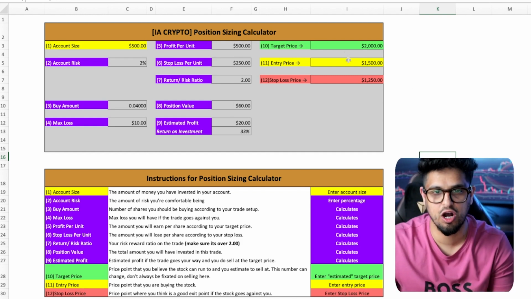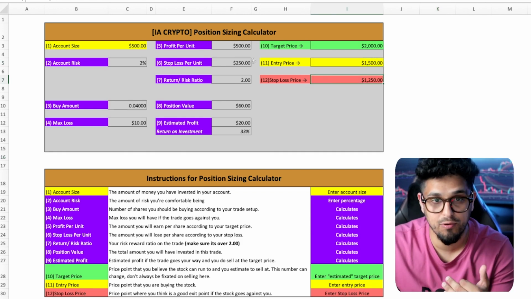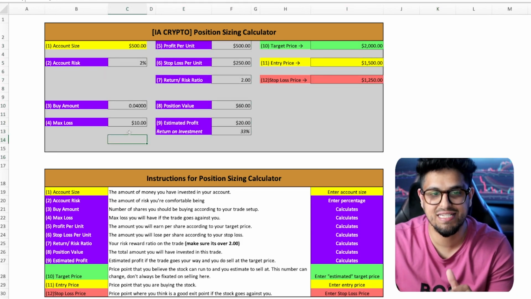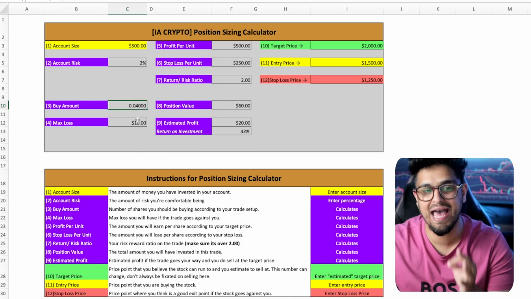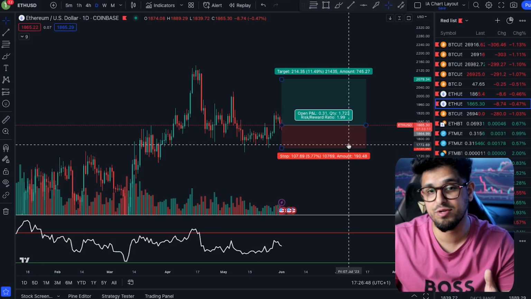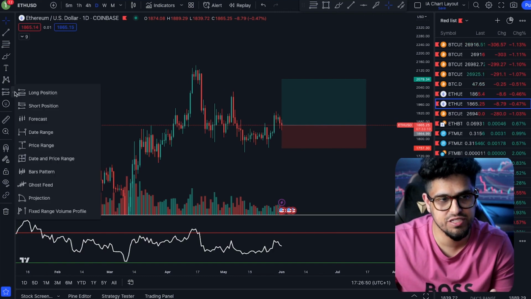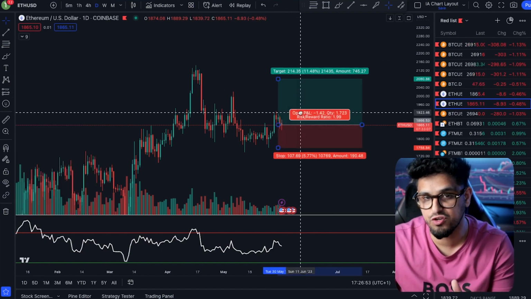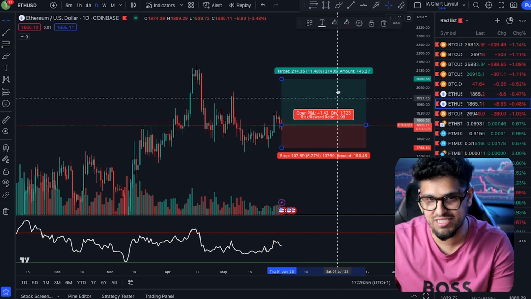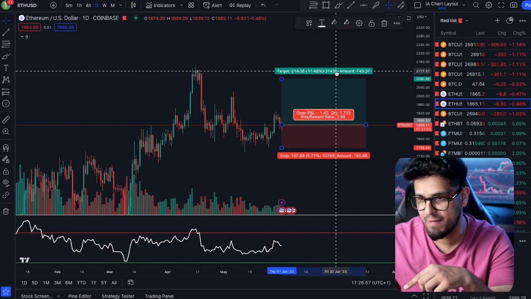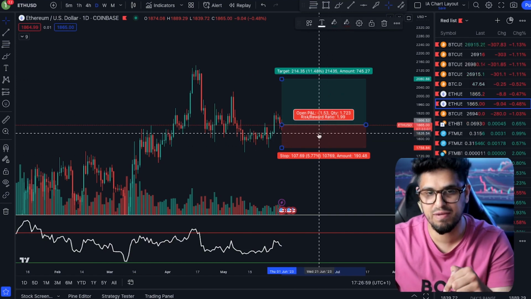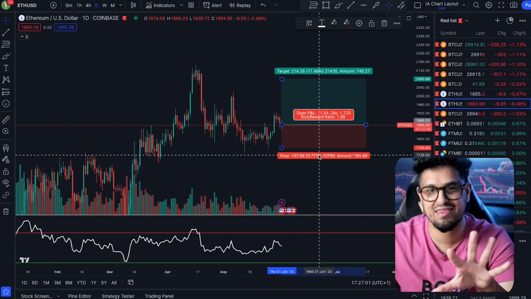Once you've decided your target price, your entry price, and your stop loss, this calculator is going to tell you exactly how much you need to buy. So personally, what I like to do is come in and put in a long position here on my TradingView to set up the diagram like this. I'll put the take profit exactly what my calculator just told me, I put my entry as my calculator told me, and my stop loss. So I've set that in here as well.